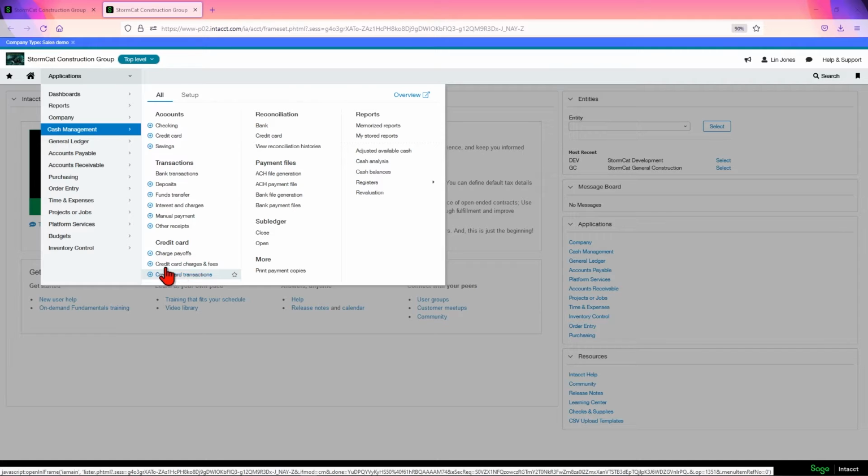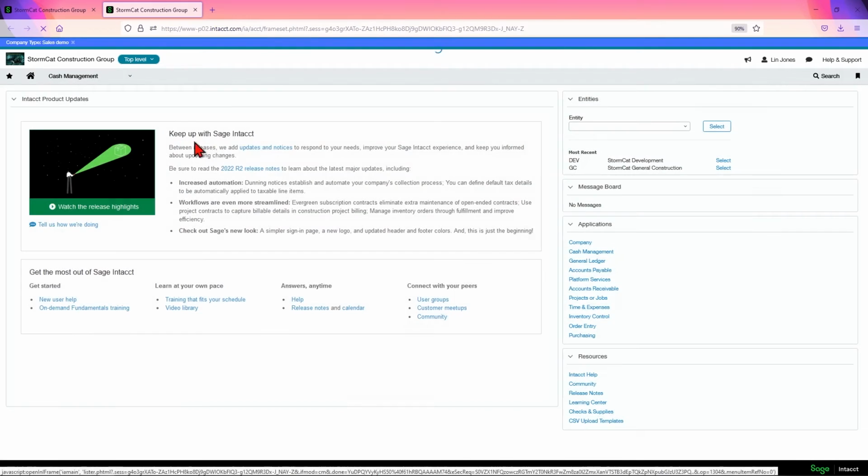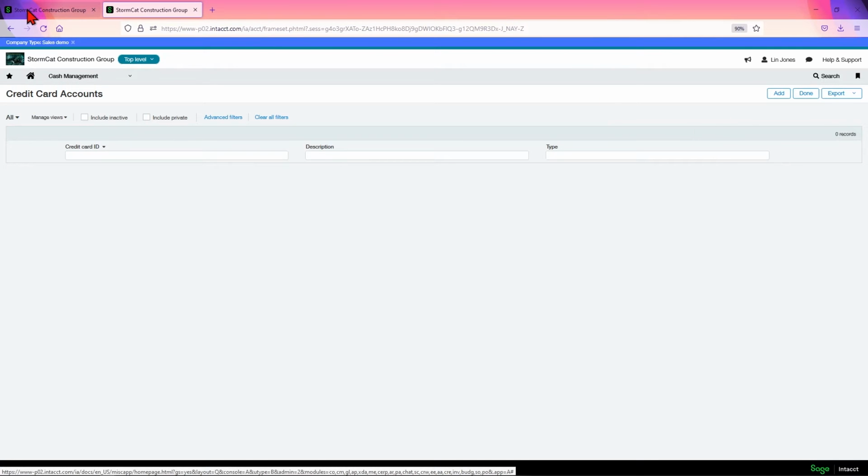Many people do that. Their credit card is just something they get each month and they pay it off or pay it down, and it's just an AP vendor that they pay off. Others reconcile against it because most of those people reconcile the cards outside of Intacct or their accounting system. Others want to reconcile against the credit card within Intacct, just like they would their bank account. And the two processes are very similar. So let's look at setting up a credit card. We would come here and come into the credit card section and click add.